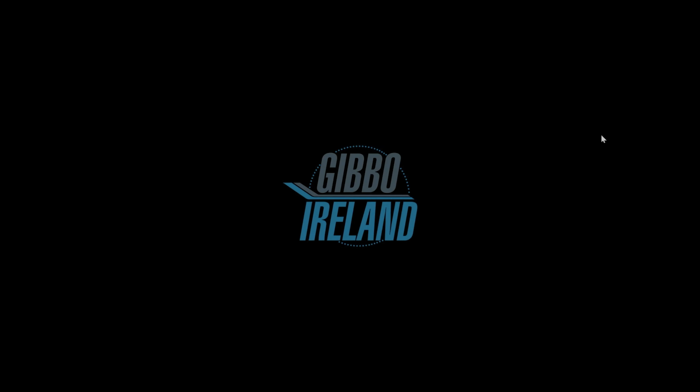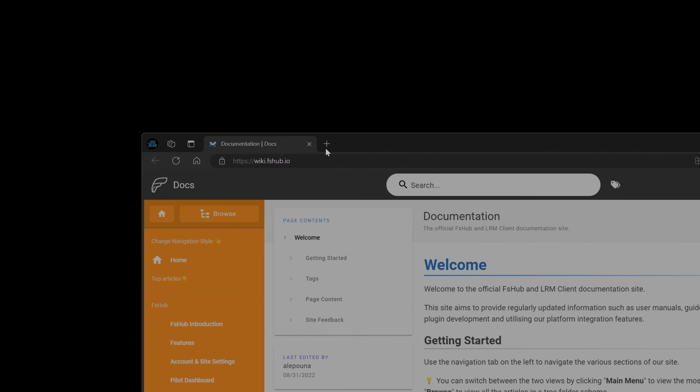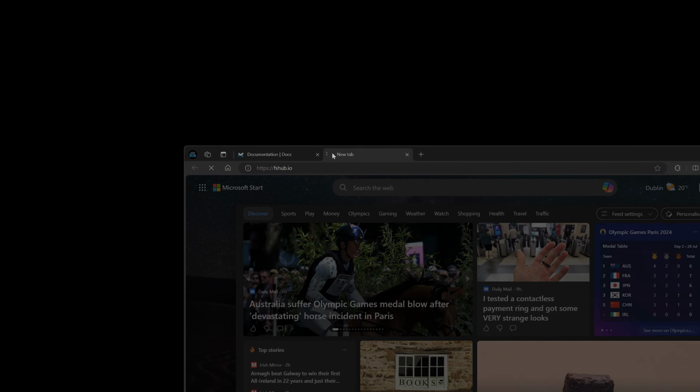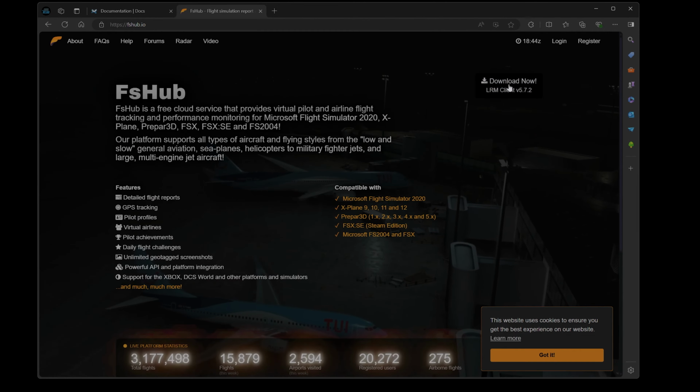Okay, well then how do you go about installing the new one? Well, the very first thing is go to this website, wiki.fshub.io. Now, just so you know, in case you make this error like I did,